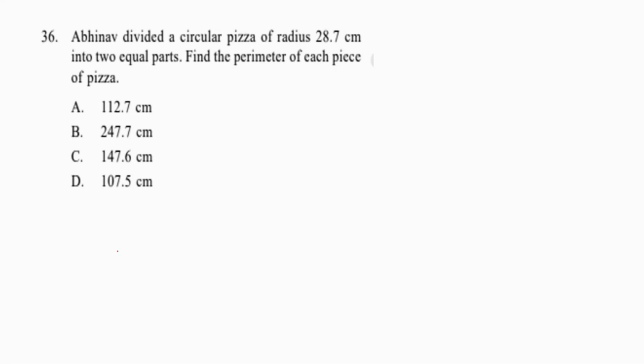Moving on to our next question. The question reads, Abhinav divided a circular pizza of radius 28.7 centimeters into two equal parts. Basically, the parts are of shape semicircle. Find the perimeter of each piece of the pizza. So basically you have to find the perimeter of a semicircle over here. Now the radius is given to be